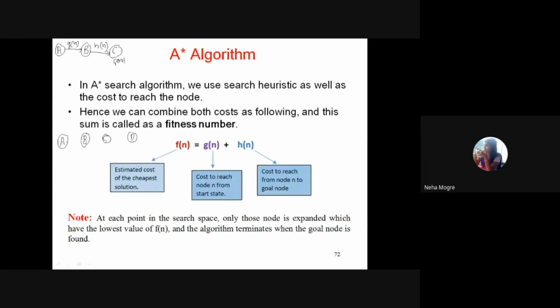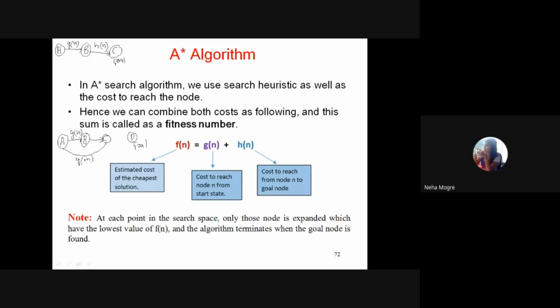Okay, so moving from A to B, we have G of n value, and A is your start node, and suppose here D is now your destination or goal node. Now can you tell me what is the distance of B to C? There will be another path, maybe reaching from A to C, that will be your G of n.